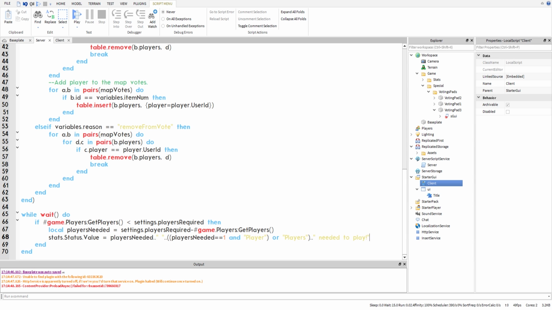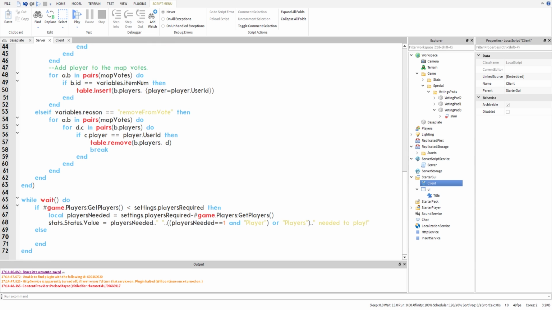So now we actually need to get into the map vote kind of stuff. So we're going to do else, and this means, okay, there's enough players. So we're going to do assign maps. We're going to set map votes to nothing, just like to an empty array. And then we're going to do for a, b in pairs,